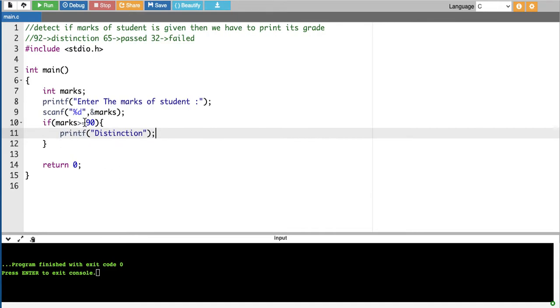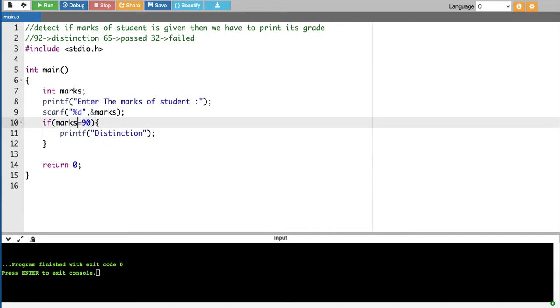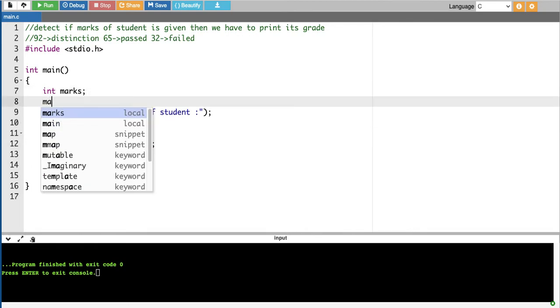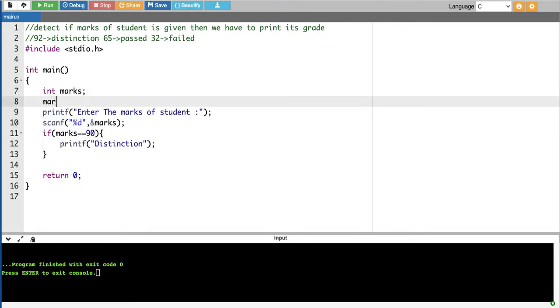Here, one of the operators is double equal to, and the other is a single equal to, like marks equal to 10. Both are different. The single equal to is an assignment operator. It shows that 10 is stored inside marks, while the double equal to checks whether marks and 90 are different.